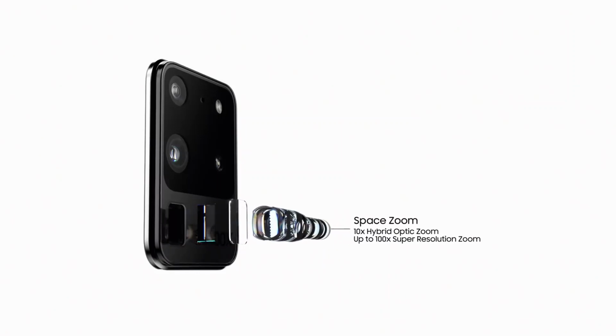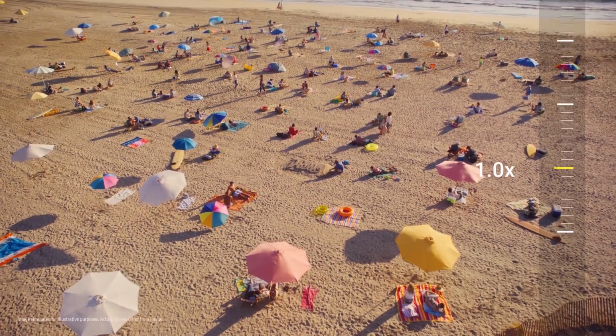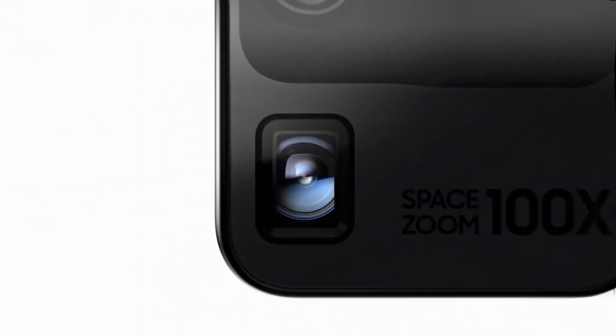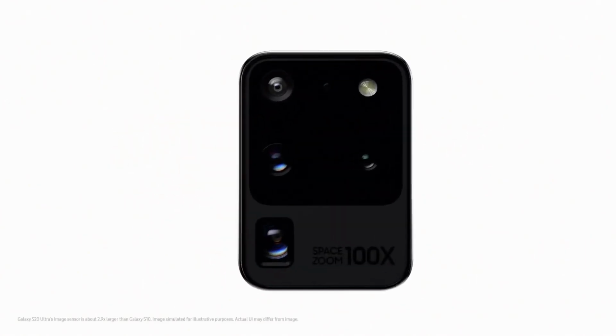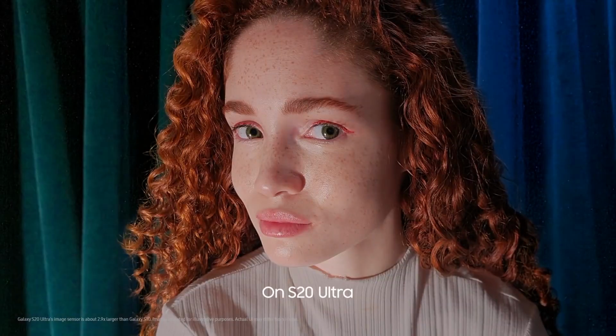It doesn't have optical image stabilization, but that is usually the case on all smartphones anyway. There is an LED flashlight and a laser autofocus too, as well as a versatile zoom system. The latter consists of a 10 megapixel telephoto camera capable of 3 times optical zoom and a 10 megapixel one capable of 10 times optical zoom. Both have optical image stabilization, and the data from both sensors is set to enable 100 times Space Zoom,